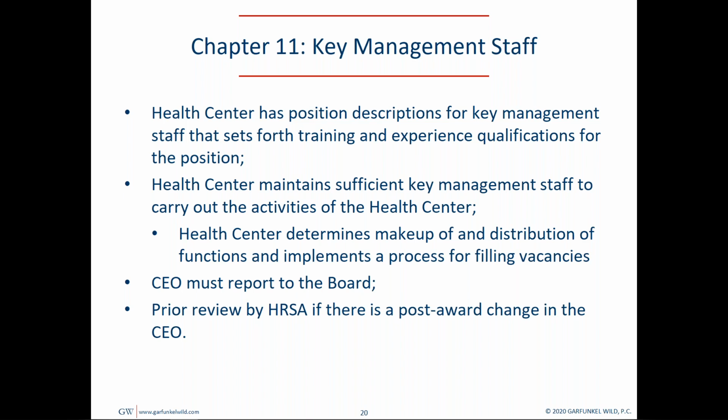Okay, next is key management staff. So this is basically your table of organization. What they want to see here is that you have enough people in place to be able to actually manage your operations. My experience has been that actually most FQHCs are understaffed rather than overstaffed like hospitals, but the reason why that's the case is you don't have enough money to be able to hire enough staff. But make sure, at least on your table of organization, you're covering all the main positions,